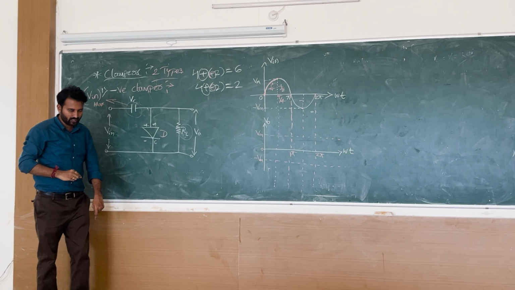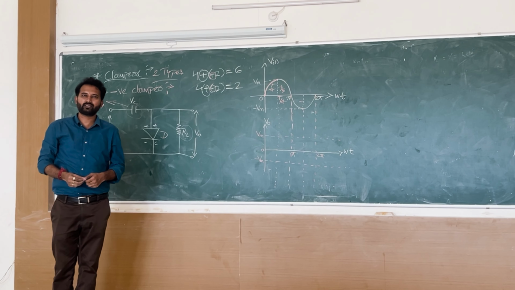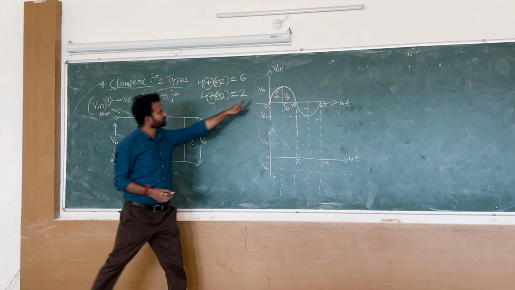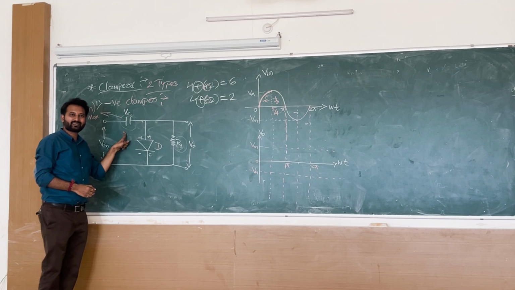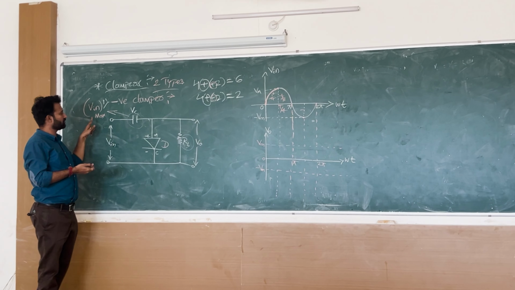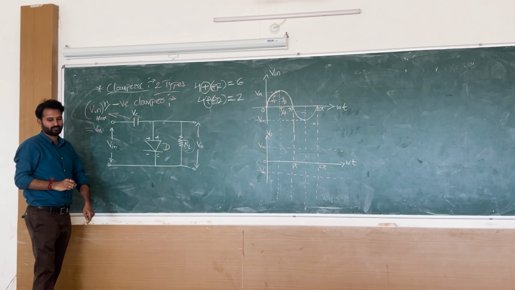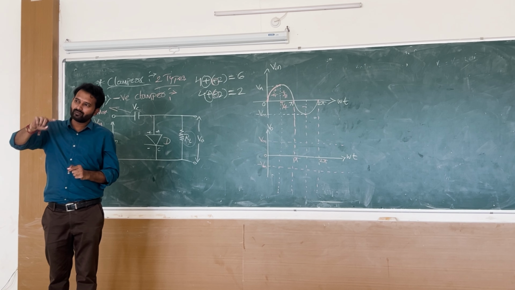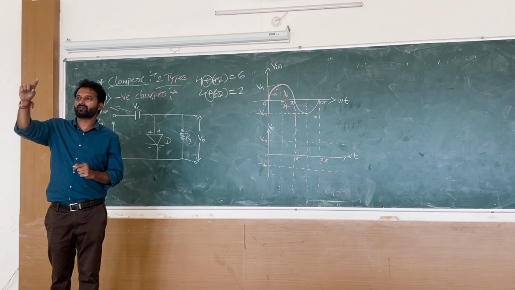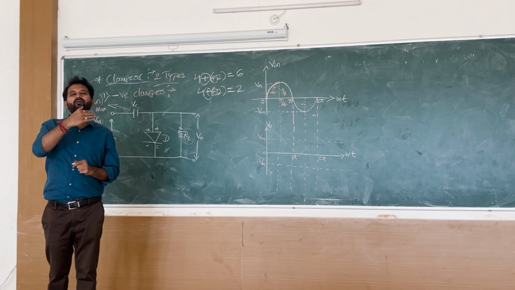What is the maximum value of input voltage? Vm. So your capacitor will get charged to a maximum value of Vin, that is equal to Vm. Understandable? When your input cycle becomes first quarter of the positive cycle, 0 to Vm, then your capacitor will